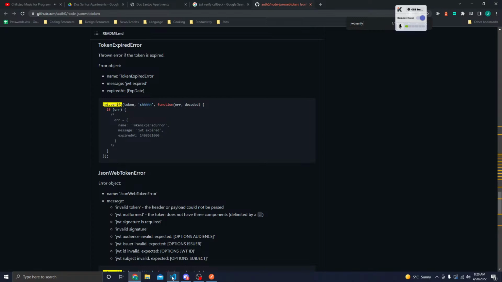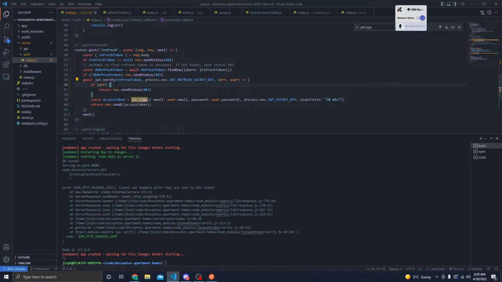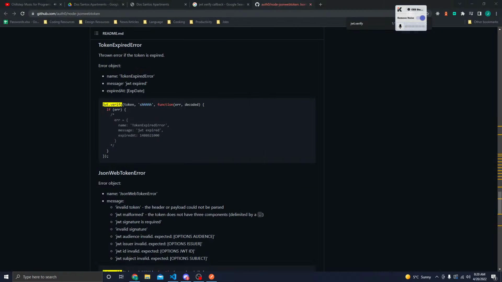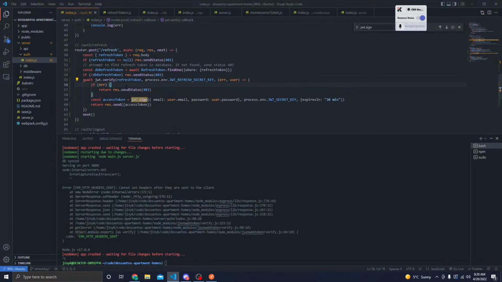Error returns an object. If error exists,